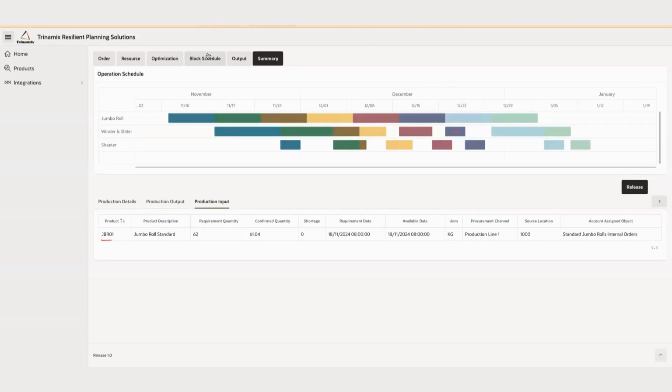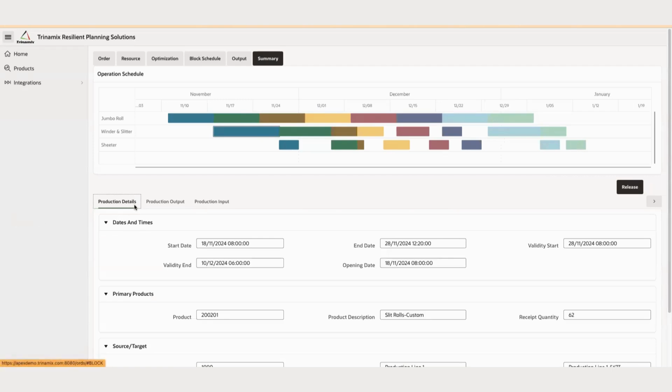So when we were looking at the block schedule, we were looking at based on the color coding of the campaign, similar characteristics of paper and how many jumbo rolls we are creating. Now let's look at the individual jumbo roll that are gonna come out of the shop floor line and how it is further getting used and consuming capacity at slitter and winder operation as well as sheeter operation. So the color coding helps us represent that here. And clicking on any one of it, we can get into